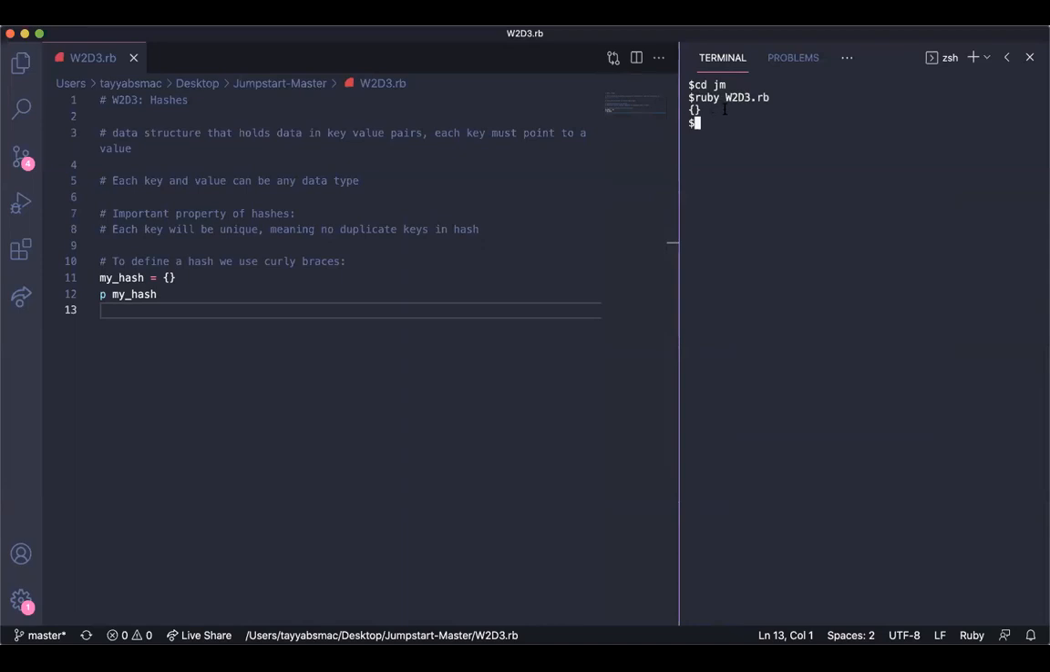Nice. So you guys will see that we just get an empty hash. Just open curly brace, close curly brace, nothing in between. No entries inside this hash. Nice. So if we want to define a hash with entries inside of it already, I'll give you guys a